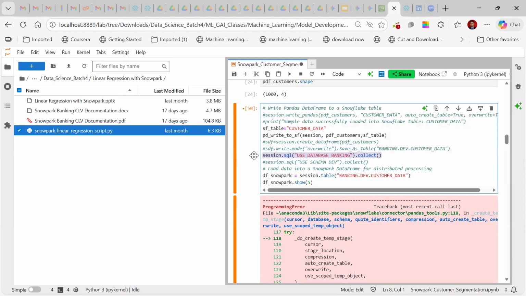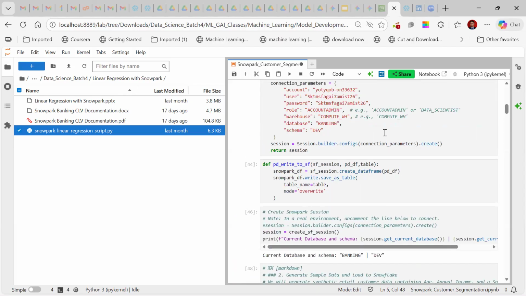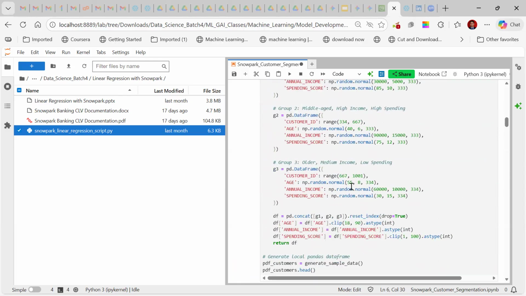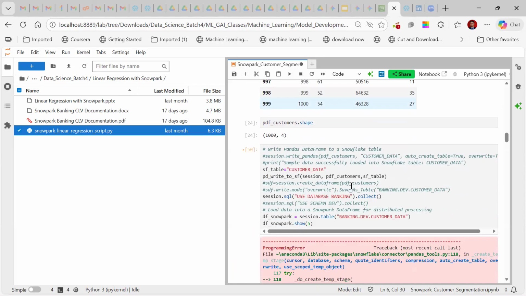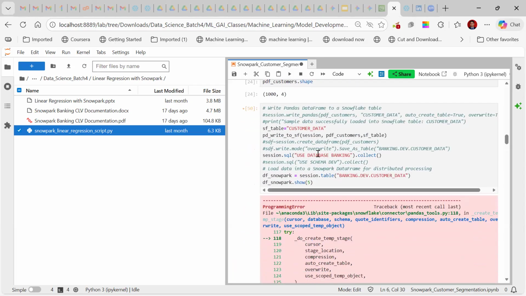Let us do one thing. Google is saying, what is the current role? Can you check if it is sysadmin or account admin? Account admin only. While creating the session, we are giving account admin directly, no? See, the session is created. It is working fine because it is displaying the session, the database name also.